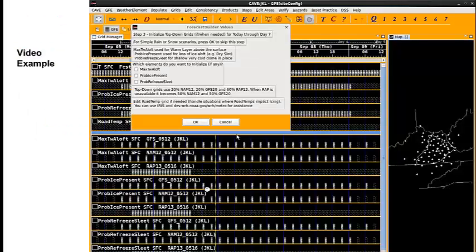And I did want to mention also that there's a road temperature grid that will also load up. You can see that here in the upcoming video example, where that road temperature allows you to edit it if needed, and you can therefore help control where the procedure will place the icing potential in your weather grids and your ice accumulation grids. So let's go ahead and watch this video